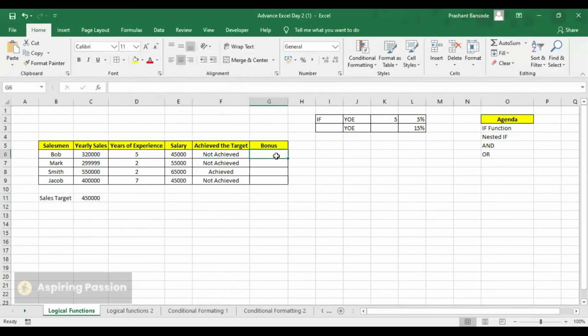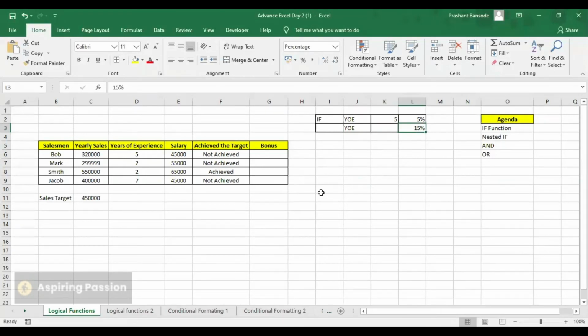But now my other target is to calculate the bonus for these sales representatives based on the sales target which they have achieved, and secondly, the number of years of experience. Now the company decides that all senior employees would get a higher bonus because they have been dedicated and passionate towards their work, and if they have achieved the target, the company has decided that this year we will give a 15% bonus to these employees.